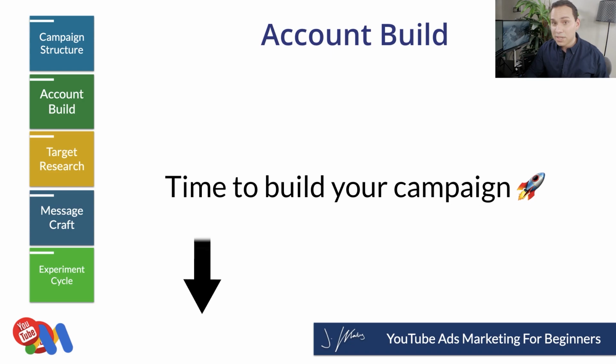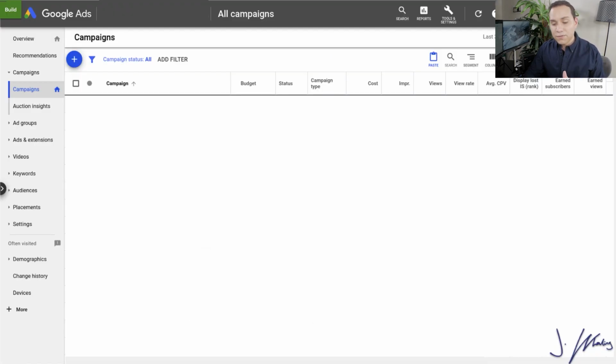Again, timestamp table of contents in the description to help you out. So the very first thing we're going to do is make sure that our YouTube channel is connected to our Google Ads account. Now, if you don't already have a Google Ads account, you can just go to Google, search Google Ads, and you'll be able to set up an account for free. You're definitely going to want to skip the account setup process because it's going to ask you to create a campaign and do a bunch of other billing things that you don't really want to deal with right now.